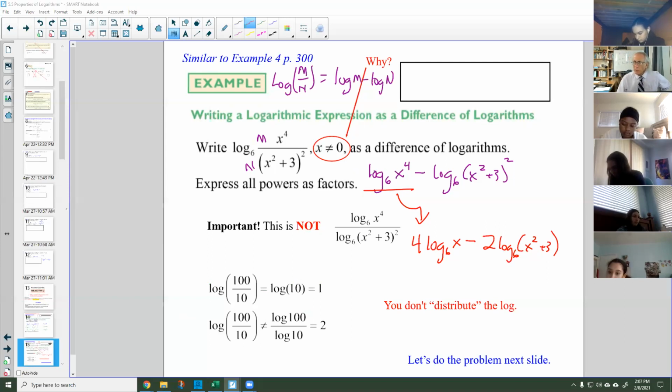Okay, so again, another thing I want to point out that is a very common mistake is looking at this right here, this x squared plus 3. You might think that you can use the power rule again, but you can't, because this x squared plus 3, okay,